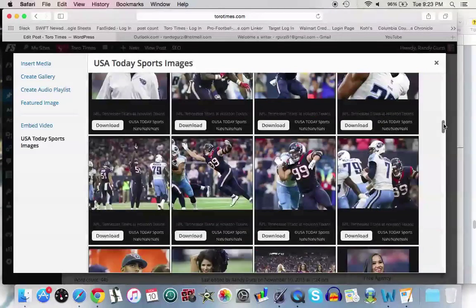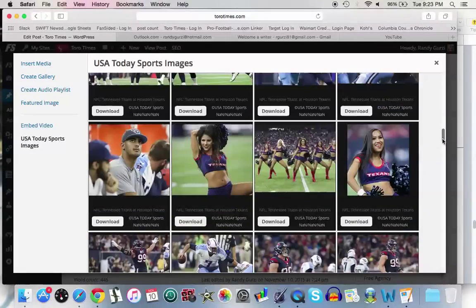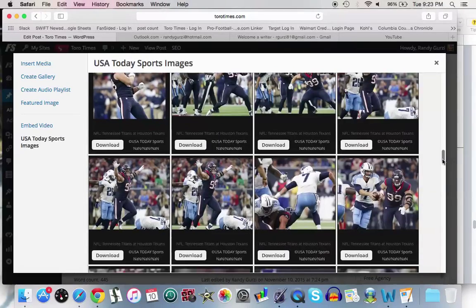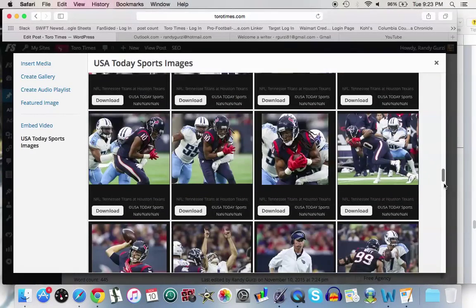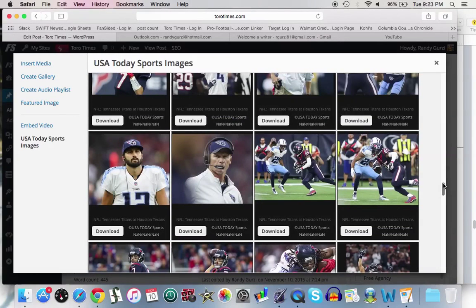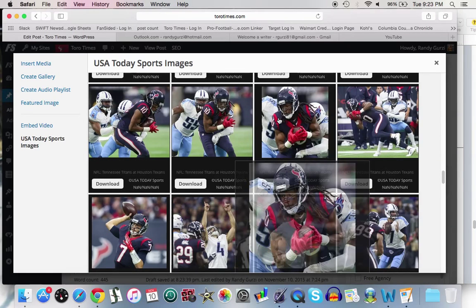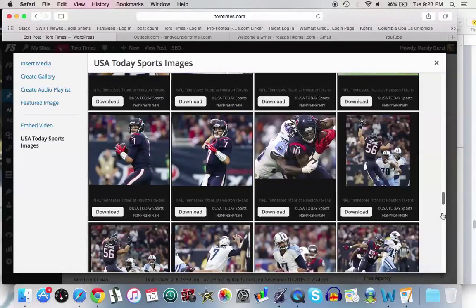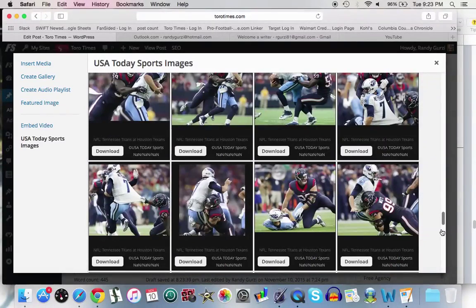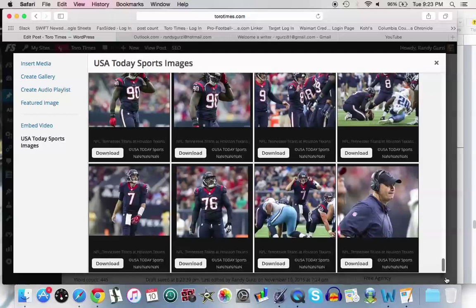What we're looking for with these pictures is something that's horizontal. That's going to look good when they zoom in on it as well. You don't want a picture like this one here. See how it's more of a vertical picture. Here we go, the one I chose is actually right here. So what you do is you download it,